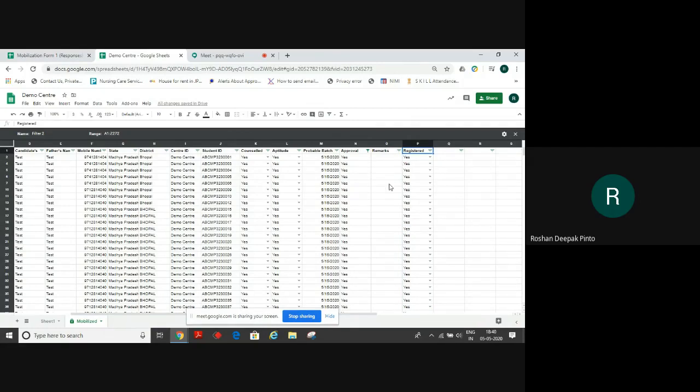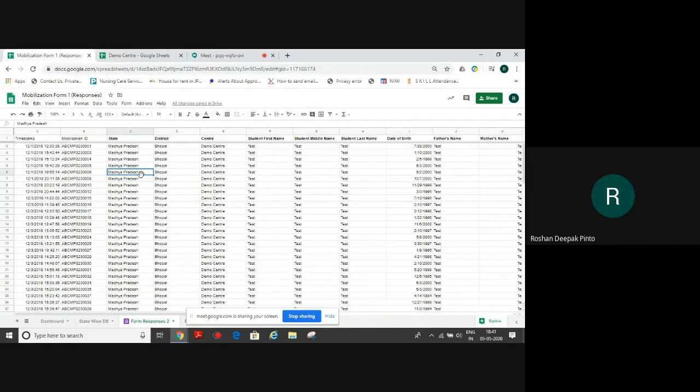After this, I'll go back to the mobilization form sheet to see if these candidates are registered or not. So post selection of this yes, we should have a ready Google form of registration similar to that of mobilization form, where we take in the required data for that particular candidate, like father's name, mother's name, their Aadhaar number, and all the kind of data that we require for a project.